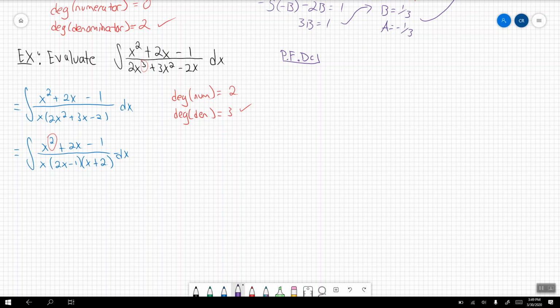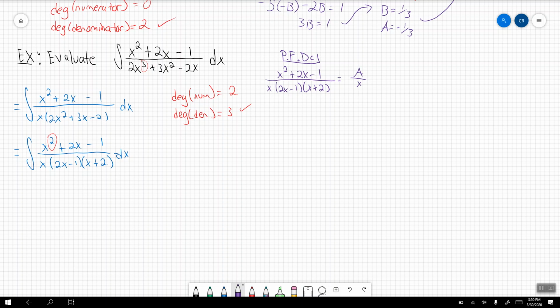So we're going to take what we have, that x squared plus 2x minus 1 divided by x times 2x minus 1 times x plus 2. And we're going to see that the denominator just uses a whole bunch of linear factors. These are not repeated, meaning I don't have multiples of those factors. Because I don't have multiples of those factors, that's going to be perfect for me,